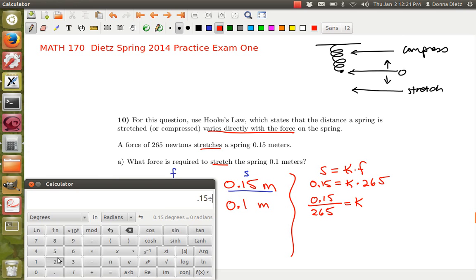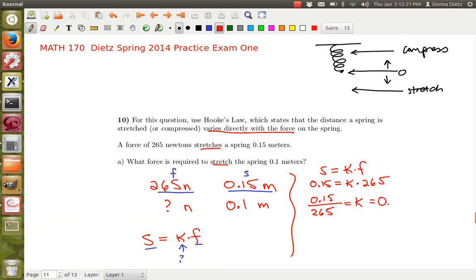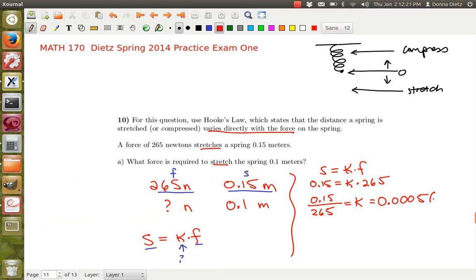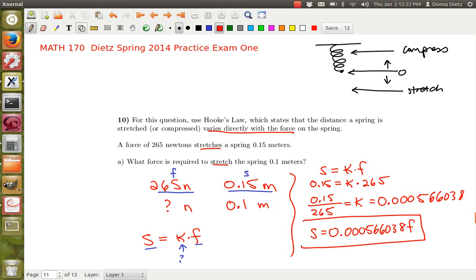0.15 over 265 equals, wow, how obnoxious is that? We have 3 zeros and then a 5, and then a 66038. And if that's true, then we have stretch is this value times force. Now, if this is our formula, which I'm hoping it is,